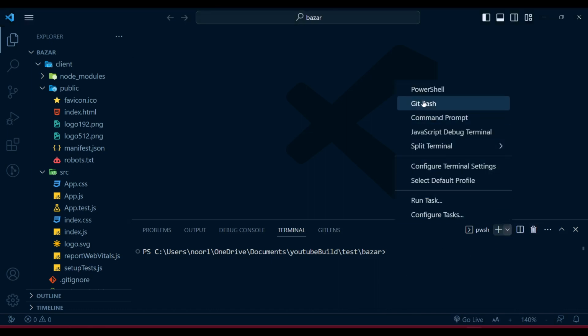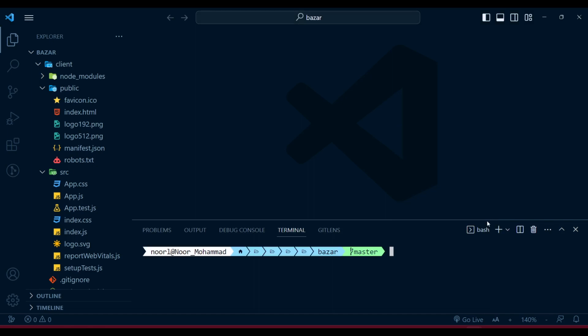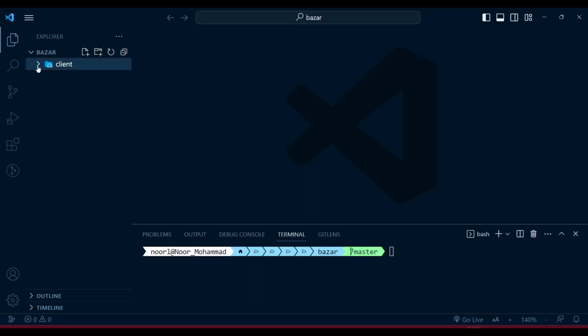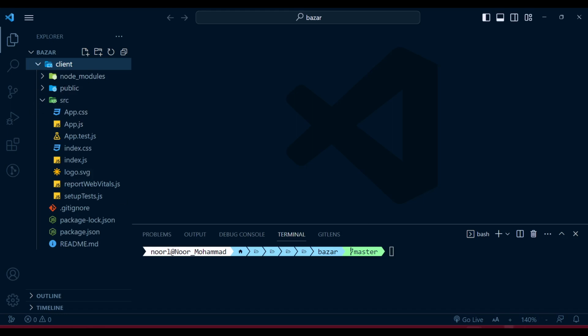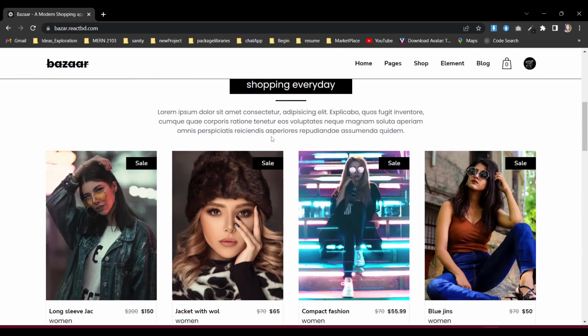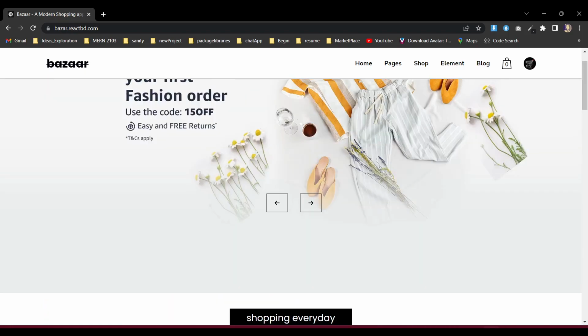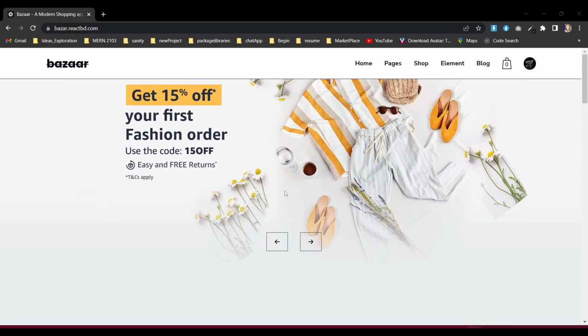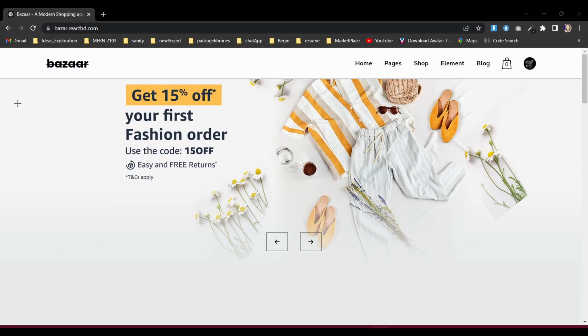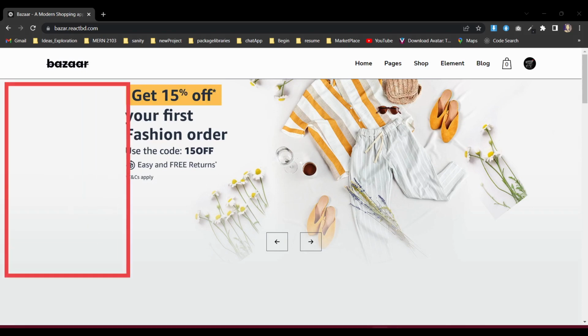So let's open another Git Bash. Now this is our client, so in here we will make our client-side pages, all the pages will be here. First of all, it's a good procedure to let you know what kind of things we're going to use in our entire build, if you want to know. So if I scroll and give you an idea of what is going to be in our entire build, we're going to use